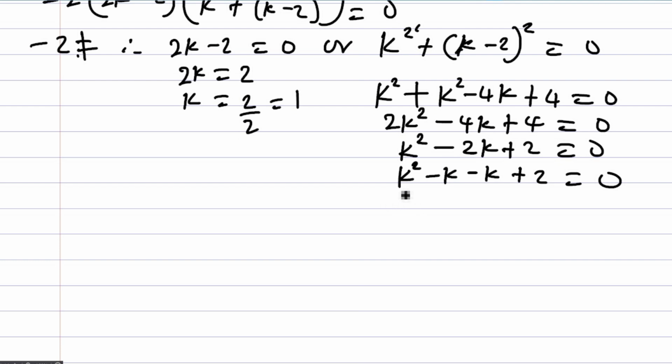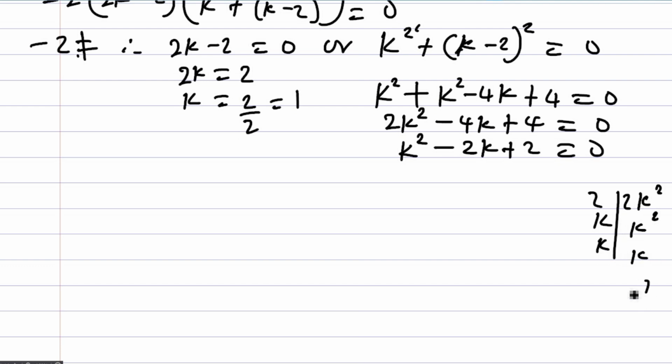Okay? Yeah, so I'm going to have that what is common here is k. So k in bracket of k minus 1. So we have the same thing again, k minus 1. So is it factorizable? I don't think it's factorizable. Okay, no, this one will not work. Minus k, this is giving me 2k squared. 2 divided, I have k squared. k divided, I have 1. Okay, it's not factorizable. So what we are going to do is to solve it by completing the square method